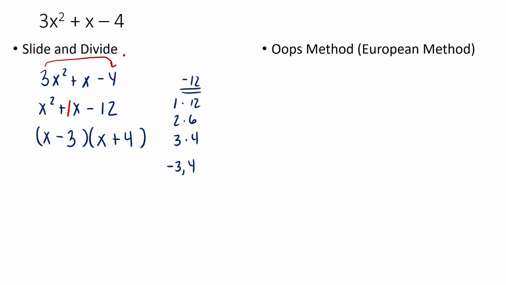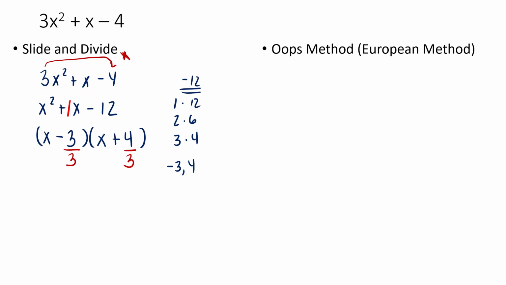And then we get to the divide part. The slide part was you slide the leading coefficient down and multiply those together. Now we're going to get to the divide part. In the divide part, we take this number that we have here and we divide it by the number that we slid down. When I've explained this to my students, I've said, we slid it down by multiplying. Maybe I should make this like a times sign. There we go. And now we're going to undo that by dividing it, because x squared plus x minus 12